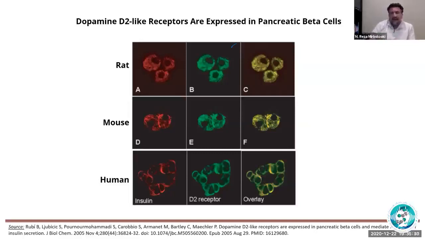But for pancreatic beta cells, we use another approach. Instead of working on their function, we found in one of the articles published in 2005 that there are dopamine receptors on pancreatic beta cells. There are 5 of them, D1 to D5. The D2 receptors, dopamine receptor subtype 2, are expressed in pancreatic beta cells. In this article, they did rat, mouse, and human, and they stained them for